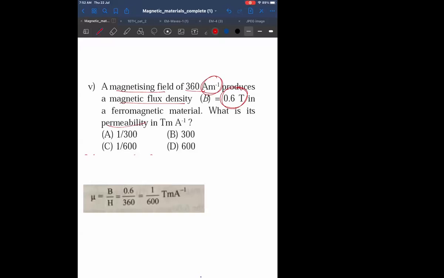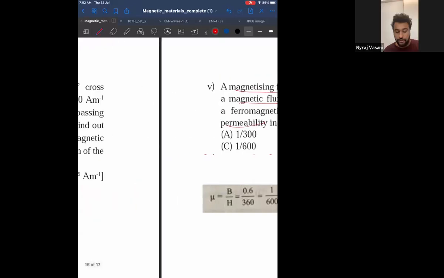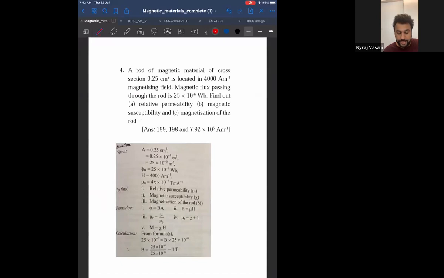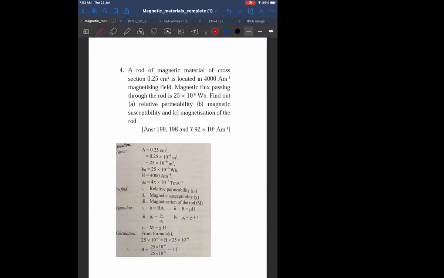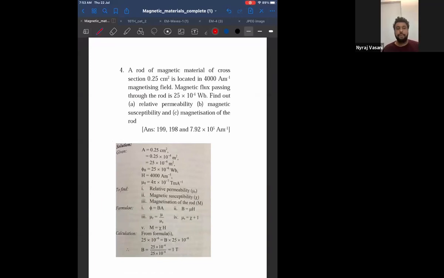Yes, sir. Now, next problem. I don't want you to solve it. I want you to understand what is written. I will leave it on for 2 minutes, and tell me whether you have understood this. Sir, are you going to share the PDF? Yes, I'm going to send. Okay. So look at it for 2 minutes and then I will start discussing. Try to understand. Okay. I'll be back. I'm getting the power bank.